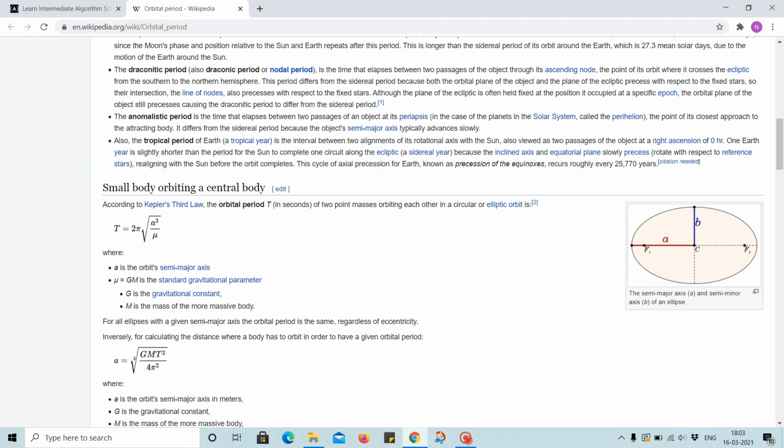For orbital period, the formula is T equal to 2 pi and in a square root a cube by mu, which is equal to GM. Okay,